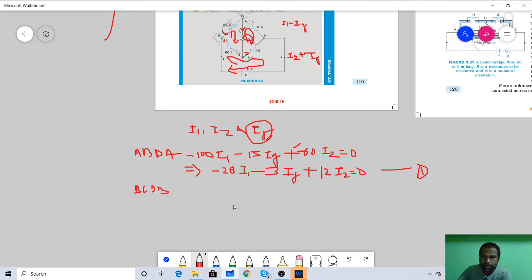For this loop I'll write minus 10 into (I1 minus Iz), so minus 10 I1, I'm just writing explicitly, plus 10 Iz,